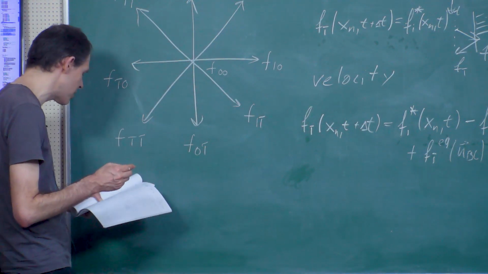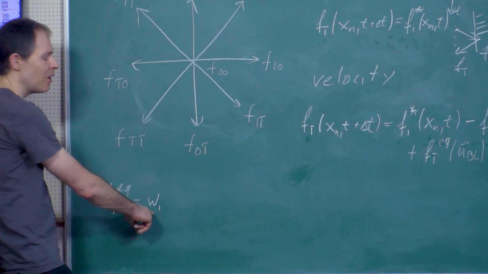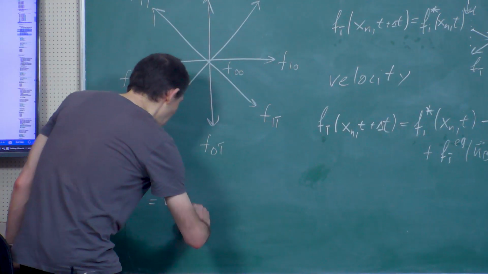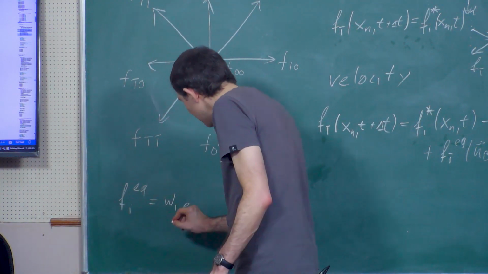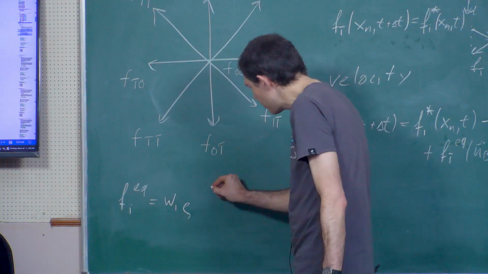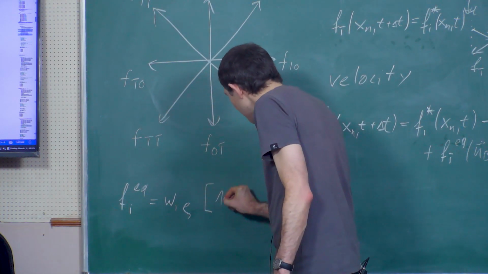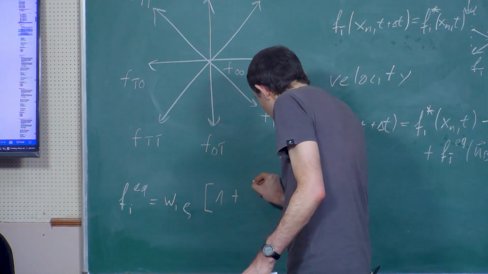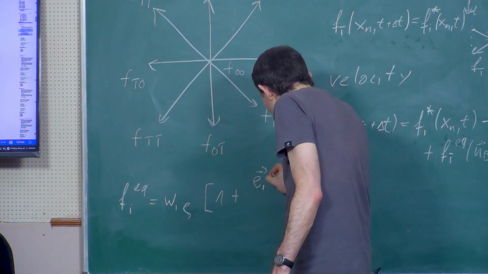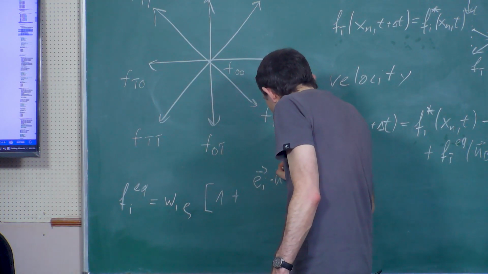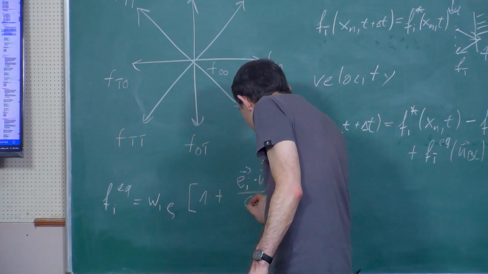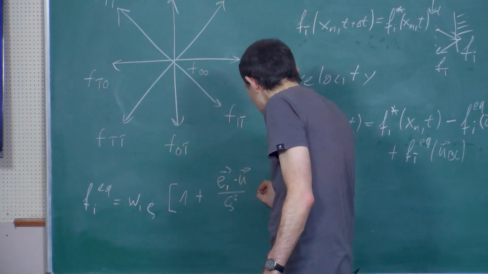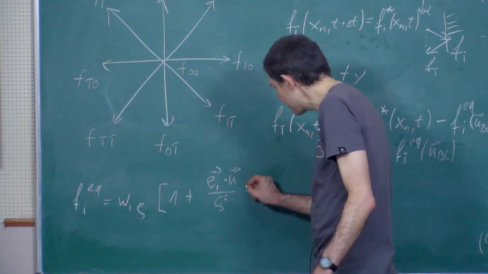All the others would work the same way. There we have the weight w_i times the density, and then we have here 1 plus e_i scalar product with the velocity, divided by c_s squared, plus